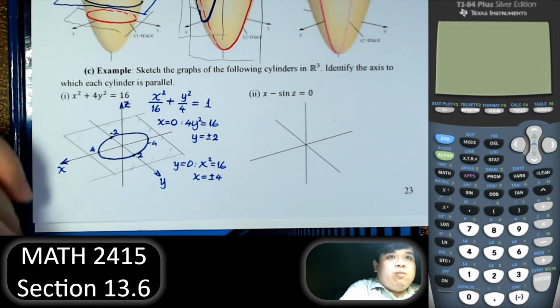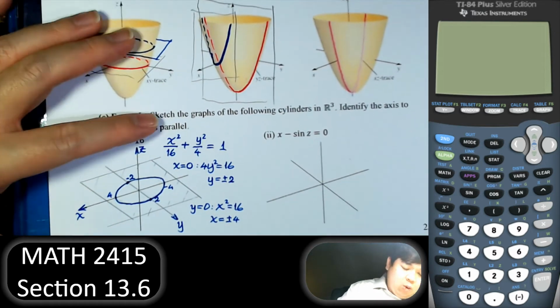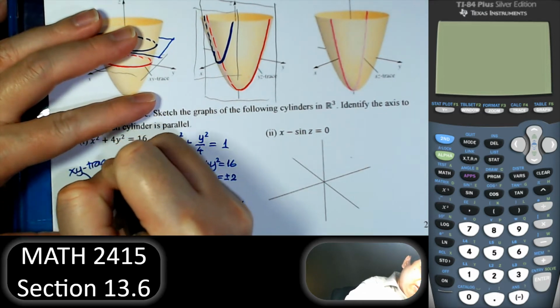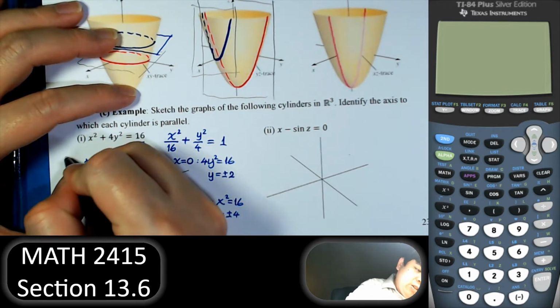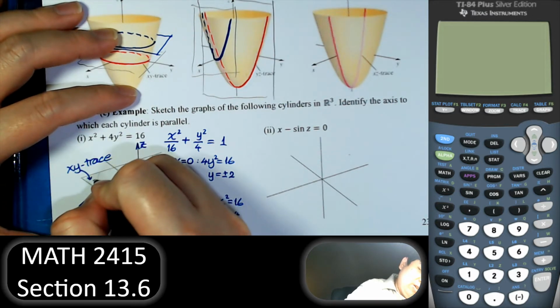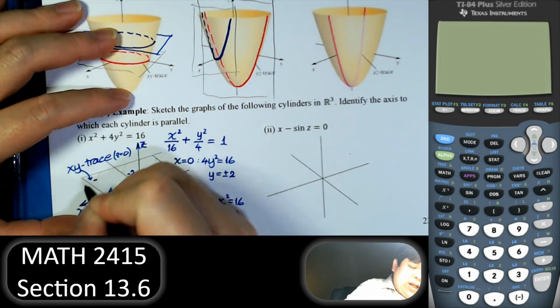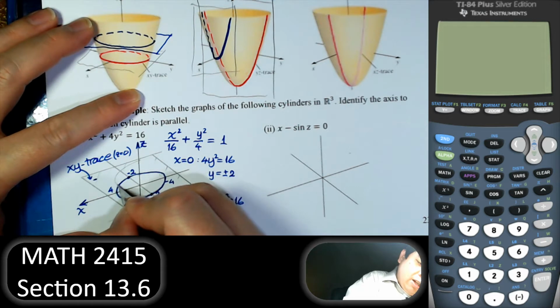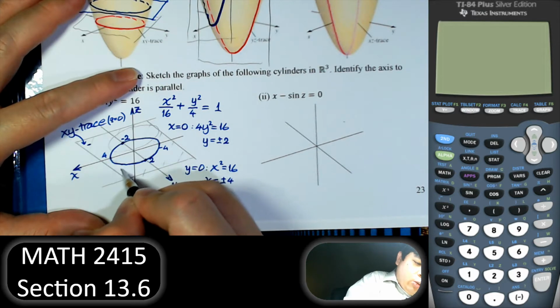Next, this one doesn't have the z, right? Which means everything on the xy trace, of course, z is equal to 0. For the xy trace we have z equal to 0. Now if we change the z, let's say z equals 1, so we move everything up 1 unit. Above that is another ellipse. Or we let z equal negative 1, we will have another ellipse